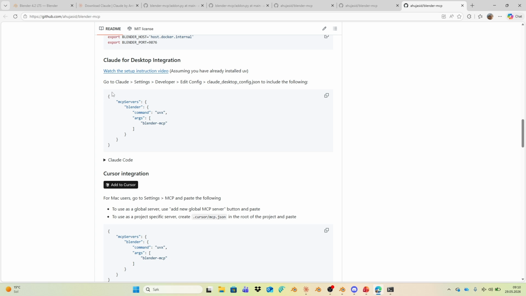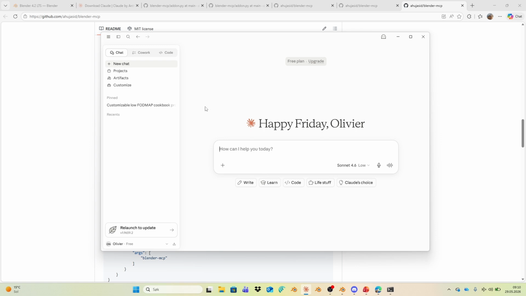and the Claude. So to do that, we go to Claude, Settings, Developer, Edit Config. Then there is a file called Claude Desktop Config.json, and we take out that file. So what we do, we just copy this snippet and then we paste inside there. So without further ado, now let's go back into the Claude again. So I have it open, Claude. So we go in the